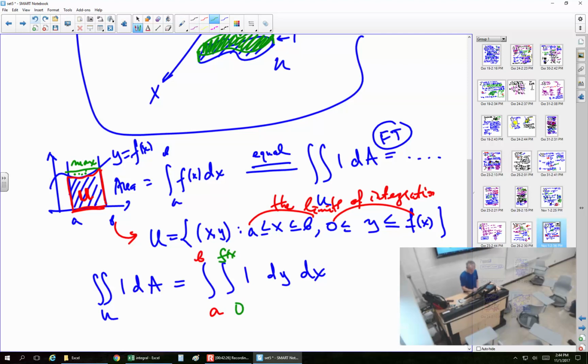f of x, like this. So limits for x happen to be constant, and then there are limits for y, and they depend on x. As you can see, the structure of the formula is very similar to the original Fubini theorem, but the only difference is right here. The limits might be dependent on the variables outside of the